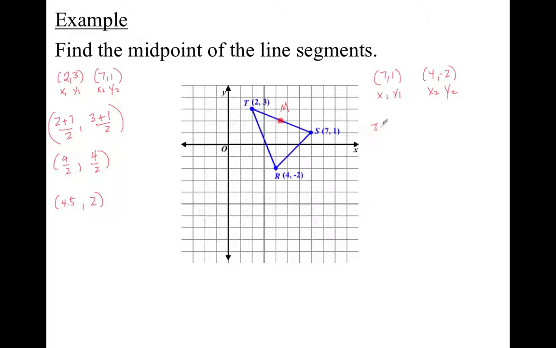That means that we have 7 plus 4 divided by 2 and 1 plus -2 divided by 2, which will give us an 11 over 2 and a -1 over 2, which, when we convert it to a decimal, gives us 5.5, comma,